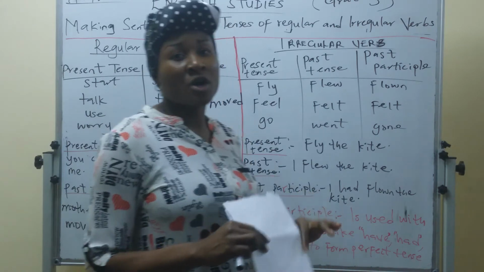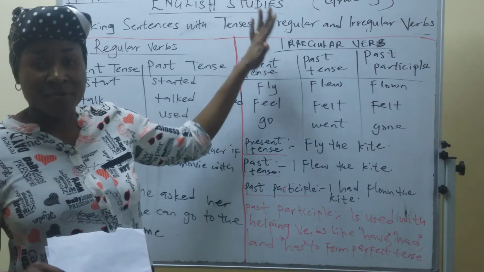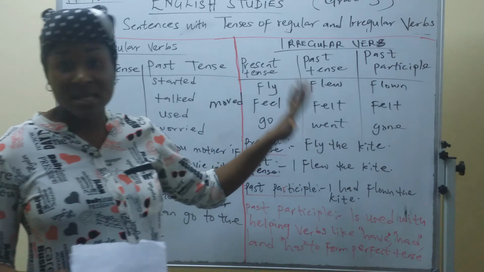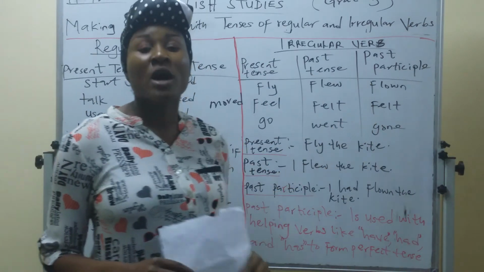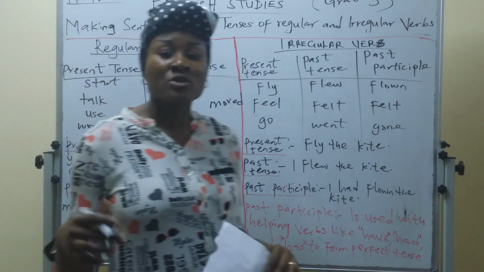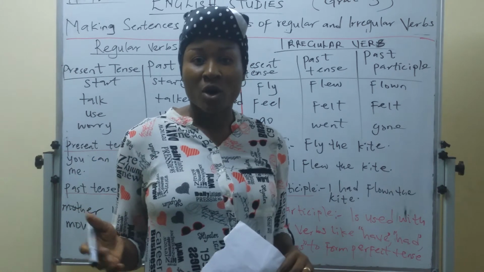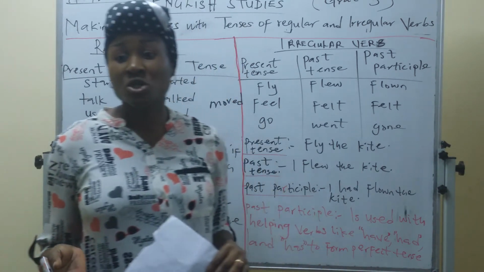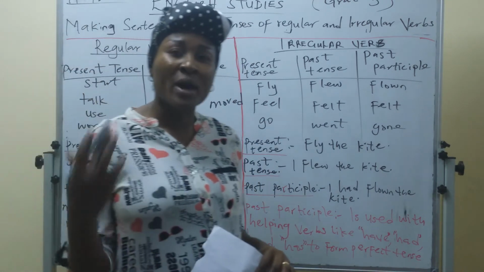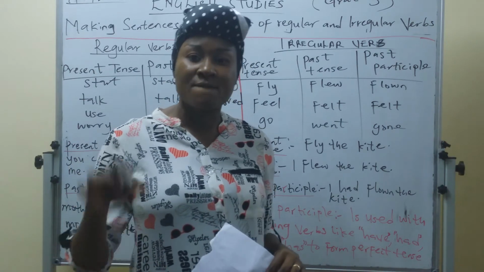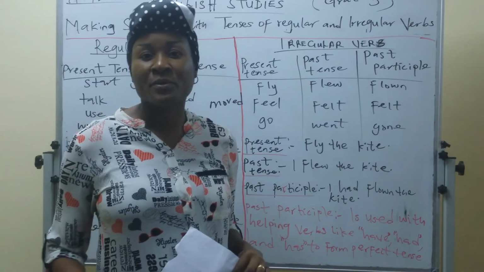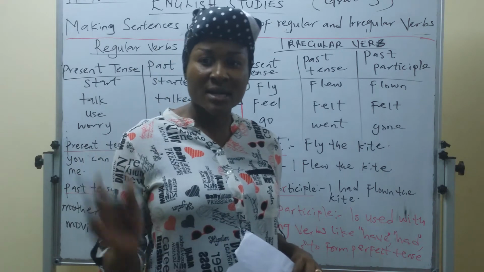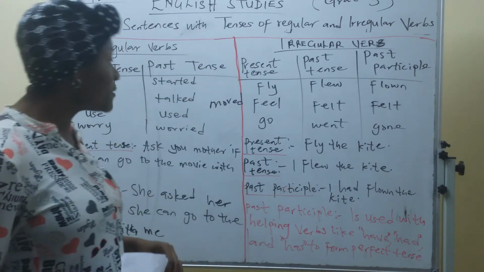I'm not going to tell you all the irregular verbs, their past tense and their past participle today. No. You are going to do the work for me. Pick up some good English books. Find out 20 irregular verbs, their past participle and their past tense. Write them out and submit it. Now, making sentences